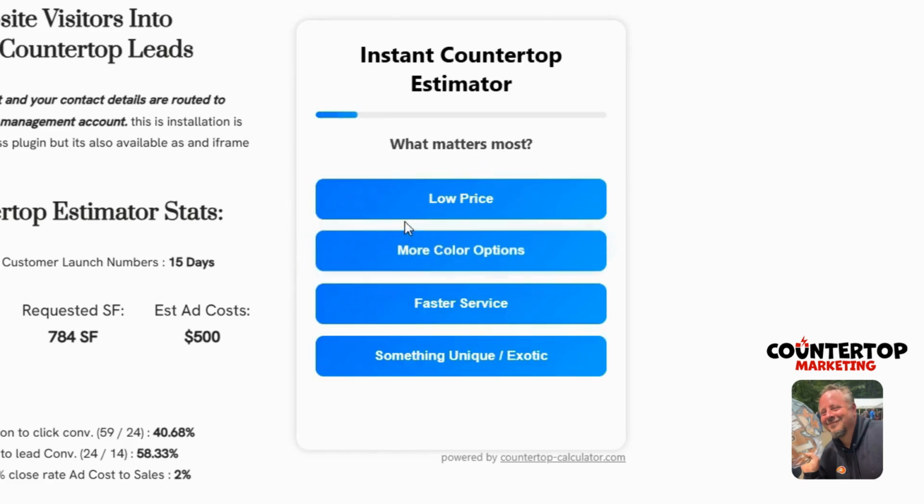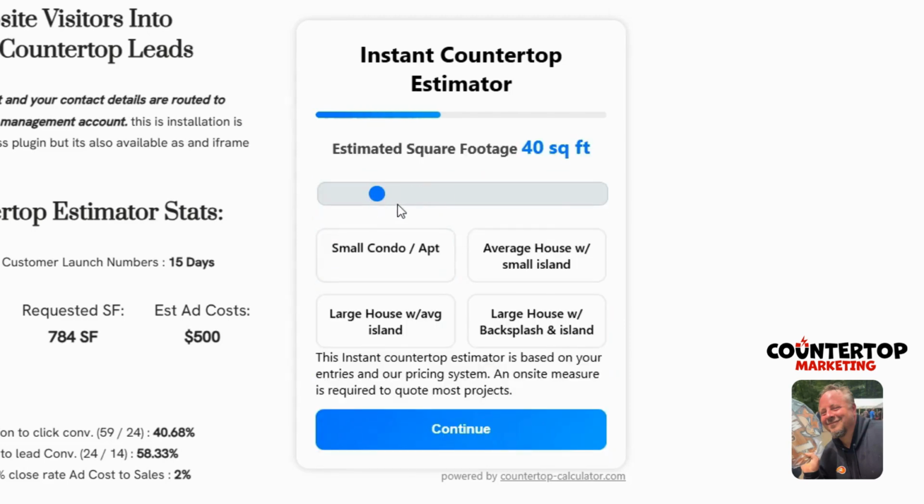So we set the base price, then we start to architect a higher cost per estimate based on some of these different factors that people enter in. So if I'm looking for more colors on my quartz countertop, if I know that I have 97 square feet, I can simply change that. And then if the customer doesn't know their square footage at this point when they come here, they can sort of put themselves in one of these four major buckets to get a basic idea of what their costs are